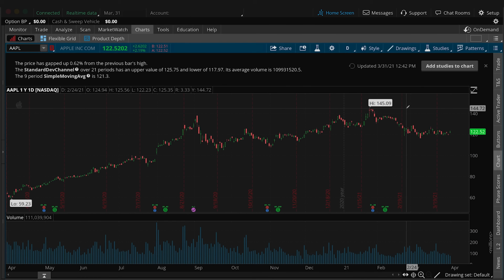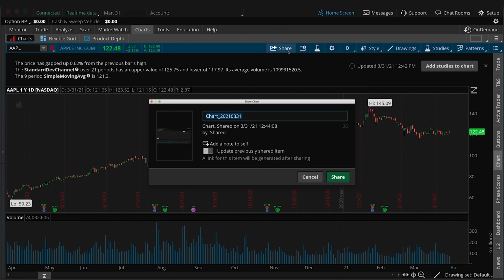And that final tab is what it claims to be. It's a share function. If you have been doing your homework and you have created a nice chart, maybe you've performed some analysis that you're proud of and you want to share it with your technically trading friends, you can just click on the Share button. You'll get a pop-up menu that says Share Chart. I'm going to click Share again, and this is actually going to generate a little URL